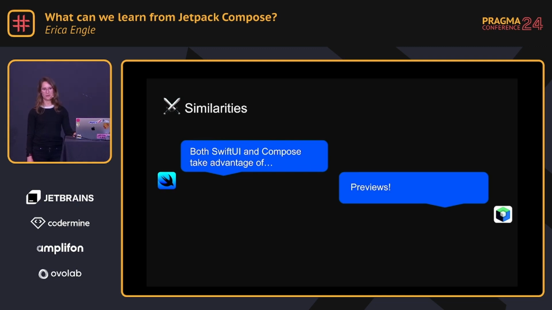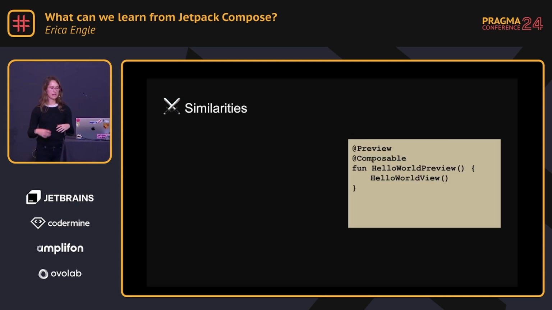Previews. Let's talk about previews. I think something that SwiftUI and Compose both really have here is the ability to have these full, very rich experiences when you're developing in your environments, making the IDEs feel not just very useful, but like a good place for iteration, a good way for you to really understand what you're doing within your code in real time. When you look at the preview on iOS, it really feels so rich.